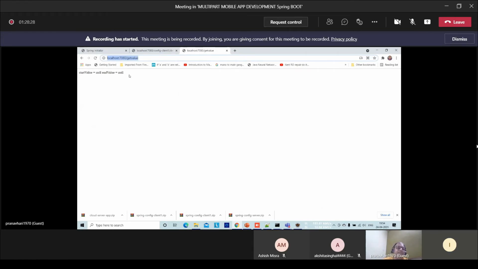See here the beauty. What values did we get? Start value null, end value null. From where are we getting this start value and end value?